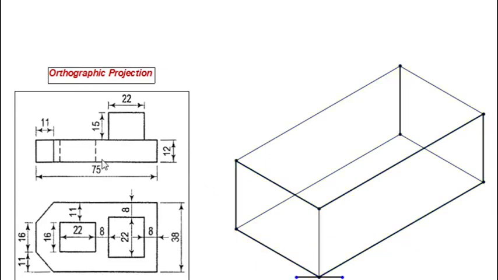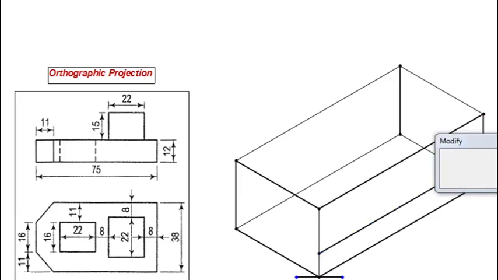From the front view, you can observe a rectangular surface of 75 mm by 12 mm. The observer is standing here and observing from this direction. So to create this rectangular surface, I am plotting a line from this edge to this edge. After that, giving the relations, these two lines should be equal and parallel to each other, and the dimension between these two lines should be 12 mm.